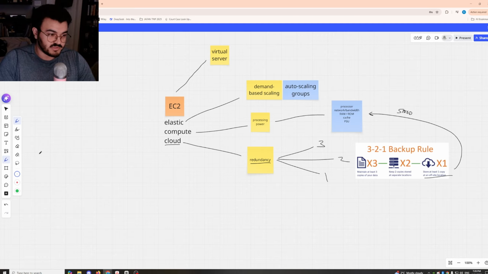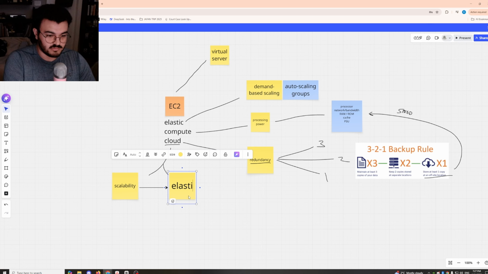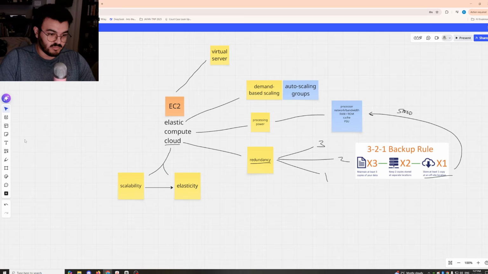But when it comes to selling points of cloud, that is another really good thing that we can branch out to, because one of them we kind of talked about: scalability and elasticity. Now, if you've written the AWS Cloud Practitioner exam, you know that these things sound very similar, but they're really different. And the reason why can basically be summed up by just one of these and one of these.